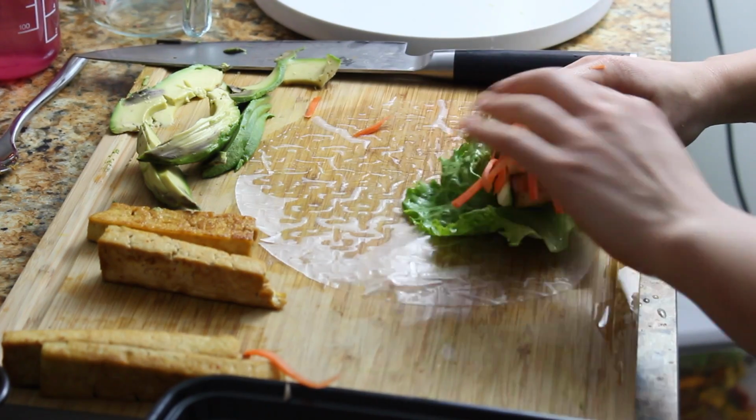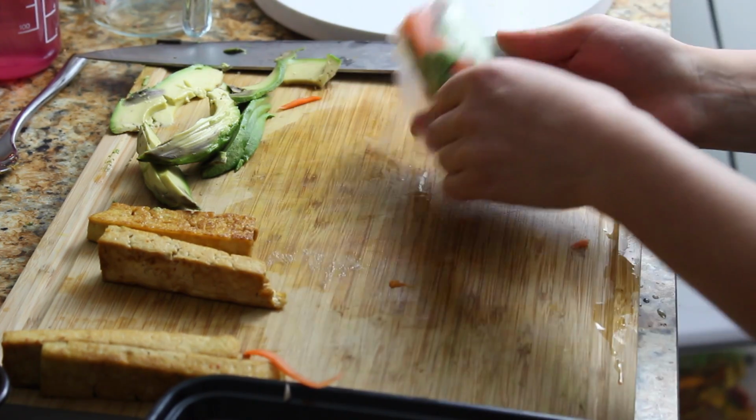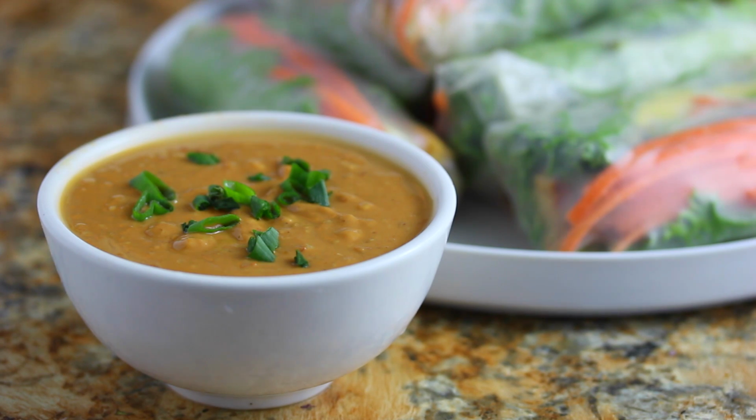Then to make a really easy peanut dipping sauce for these, I took some of the leftover dressing from the chicken salad the other night, and I just added a couple tablespoons of peanut butter and some water to thin it out, and it was